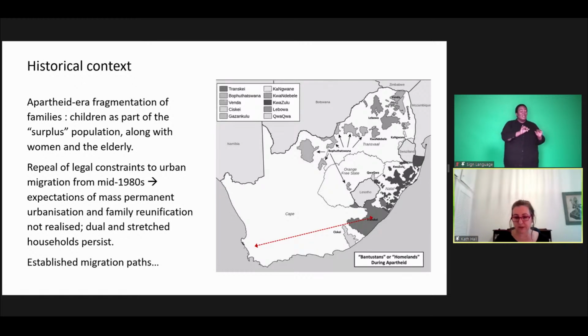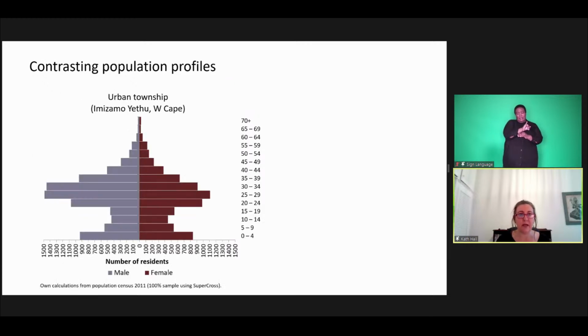And just to diverge from the quantitative data for a moment, as part of the work, I conducted a detailed case study of a family spanning 3 generations of mothers, traversing over 2 years with them the well-trodden migration route, shown here between the former Transkei and a township in Cape Town. I used census data just to make population pyramids of the 2 places out of interest, and the contrast is